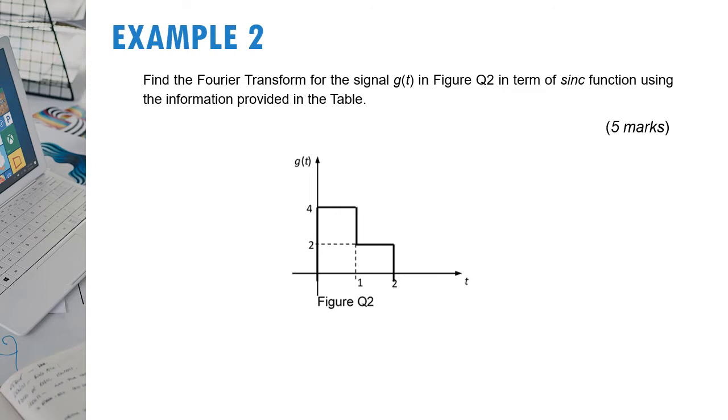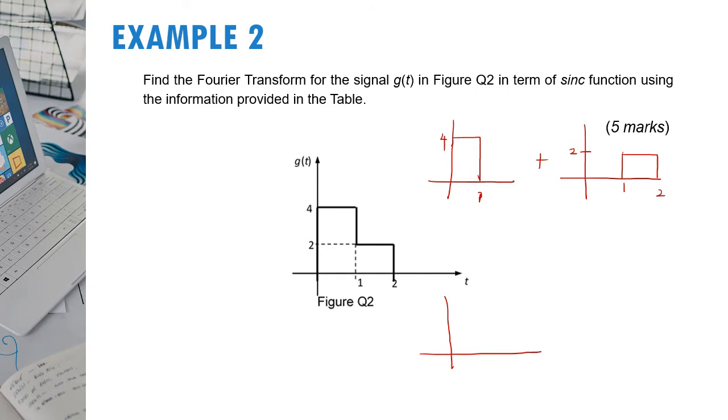So you have flexibility to choose whether to consider this signal plus this one, 1 and 2 and 2, or you can also consider this one, 1 and 2